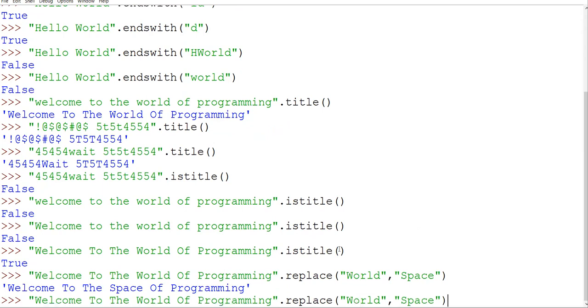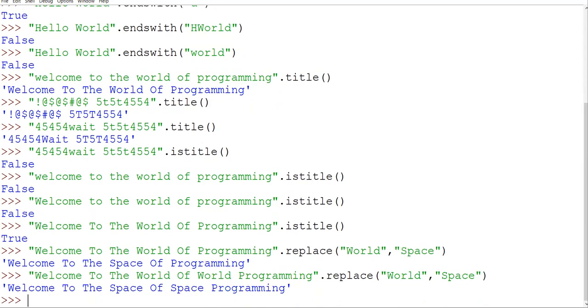Now suppose multiple values are there, we will cross check this also. I'm writing here randomly one more time "world" and so on, just to check. You can see if multiple words are there, it still works. Then here I'm going to make one more change, writing something different.